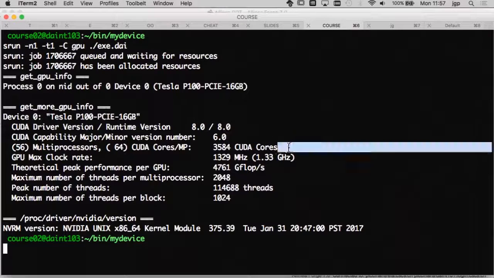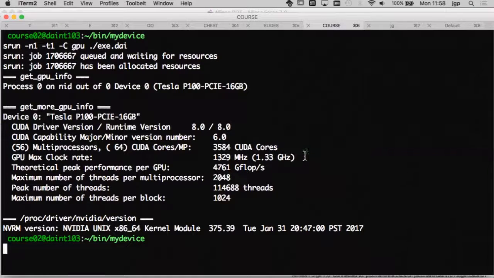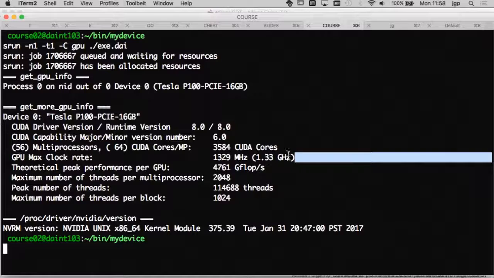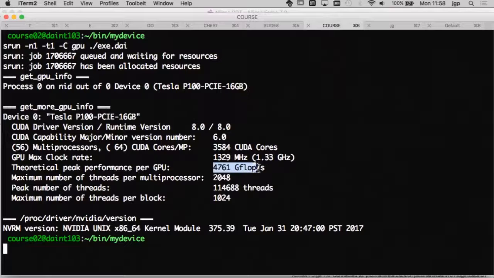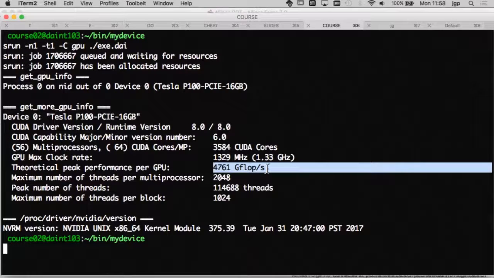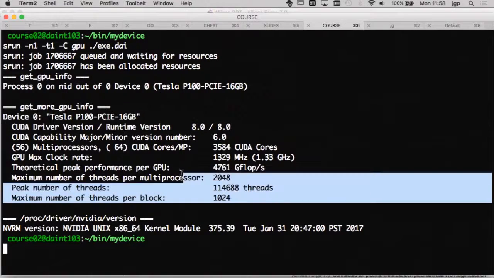We have a lot of cores. The frequency of the core is rather slow compared to a CPU. If you multiply everything here, you will find out that the theoretical peak performance of the GPU is around 4 teraflops. And then you can get more information about the number of blocks, threads, gang.